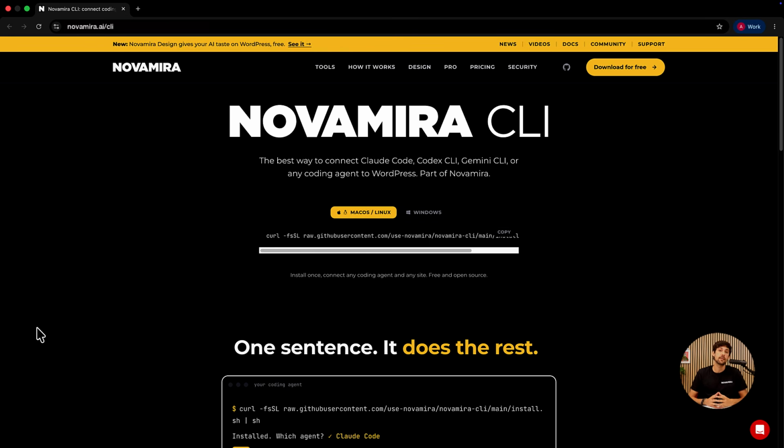So let me show you. A quick note before we start with the installation. The CLI needs Node.js 22 or later and Novamira 1.11.0. So if your site is on an older version, update the plugin first. And now let's head to